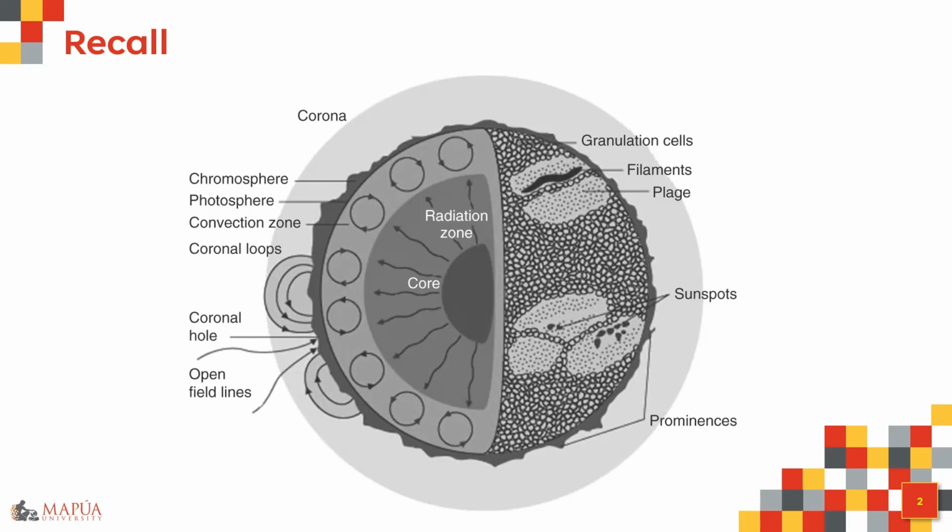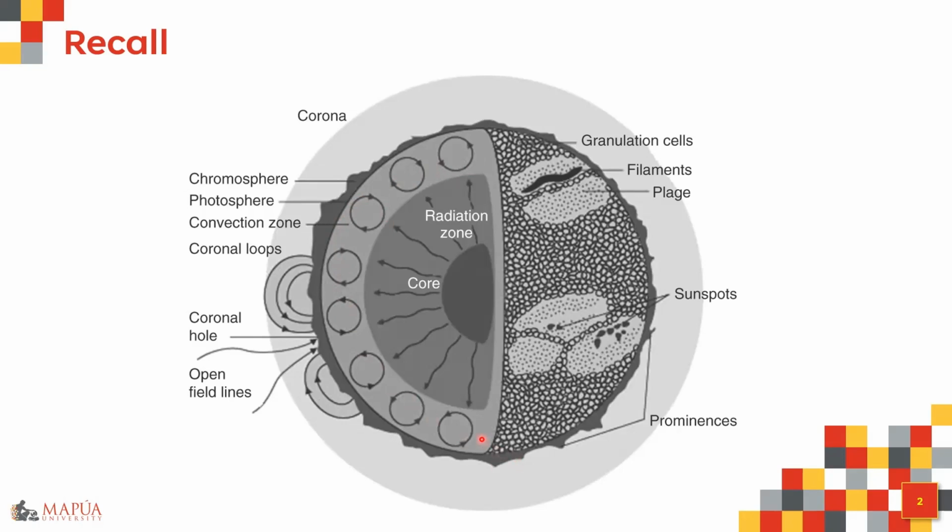So interior to the sun, you have your core, where your energy is generated mainly, and then the energy is transferred to the surface through two different zones. First is through the radiation zone, wherein the dominant mode of energy transfer is radiation. And then after radiation, the energy that is being transferred to the surface will be through convection.